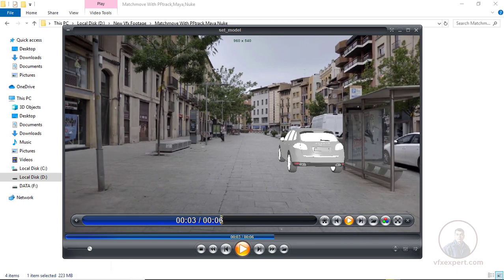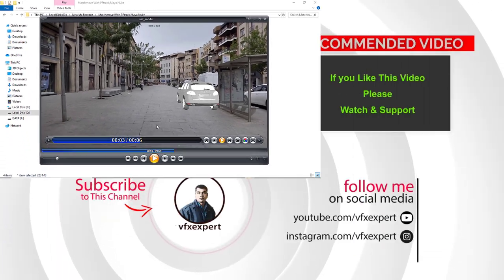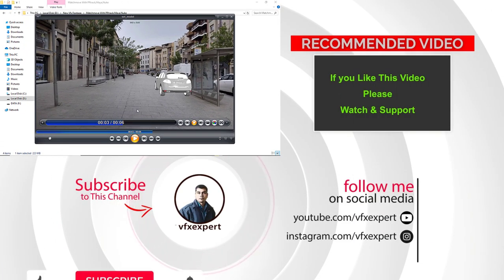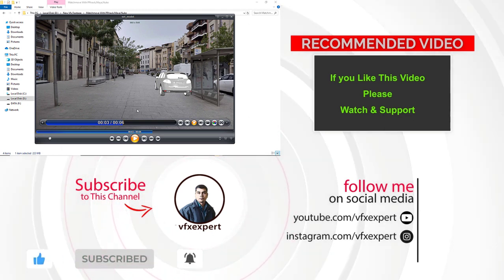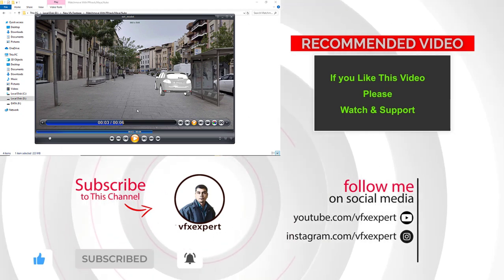Okay, so till here we have successfully placed our model in our scene, and also we have oriented our scene, and also we have adjusted our scene scale. Remaining things you will adjust according to your footage and according to your footage information. Okay, so in the next class we will continue on the same project, and we will do texturing, lighting and rendering, and finally we will also create our render passes for final compositing.